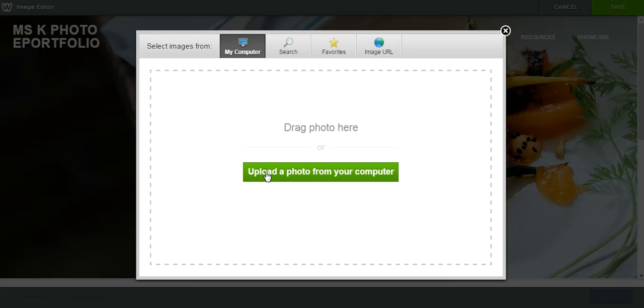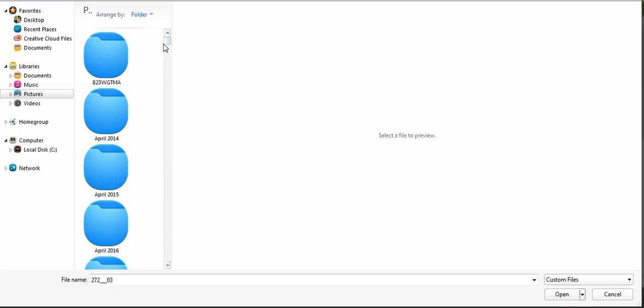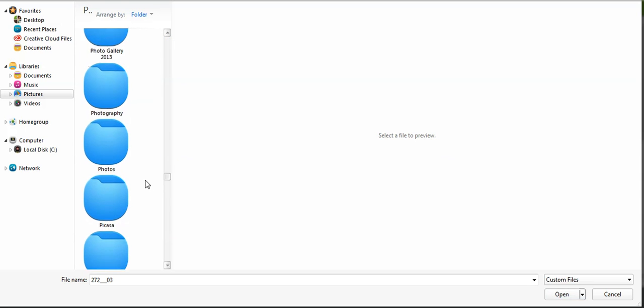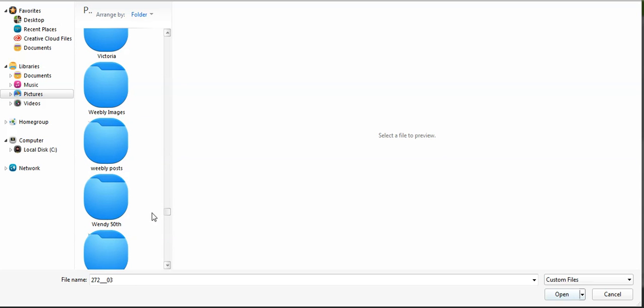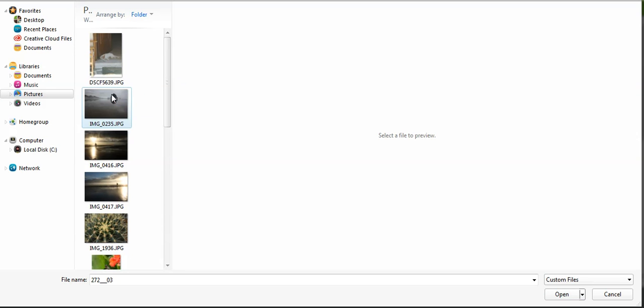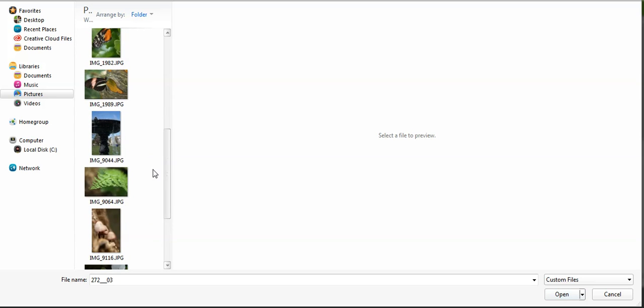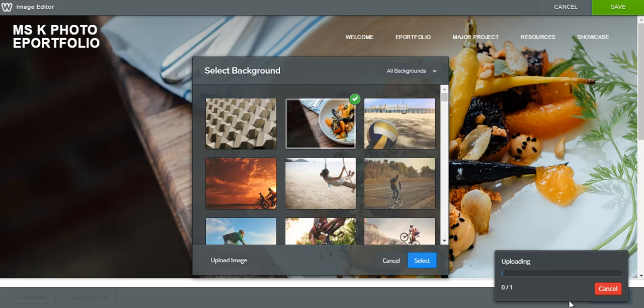And I highly suggest, if you're using your own photographs, that you create a Weebly folder where you have already pre-chosen your pictures for all of your theme pages. If I go in here, I've started a folder called Weebly Pictures. I have Weebly images here, so I'm going to open this up. I'm going to select from my own photos a nice depth of field shot. Maybe I like this one. I'm going to open it,